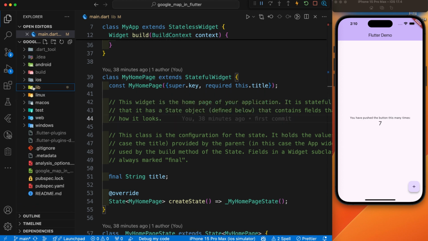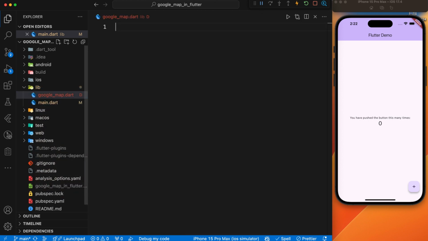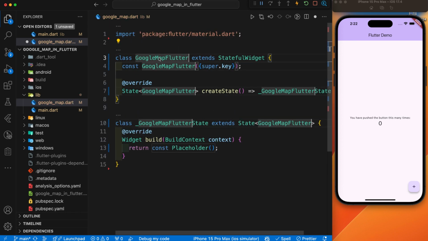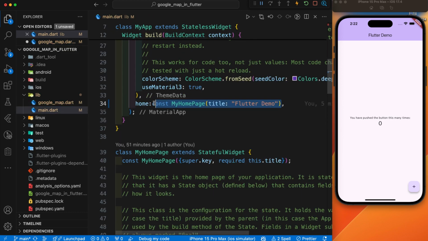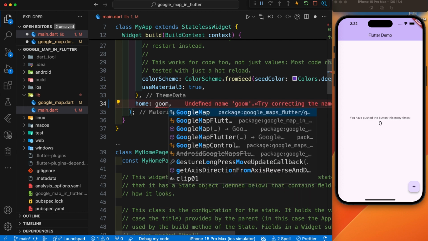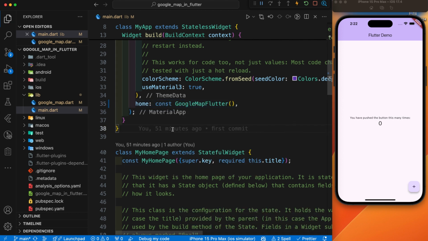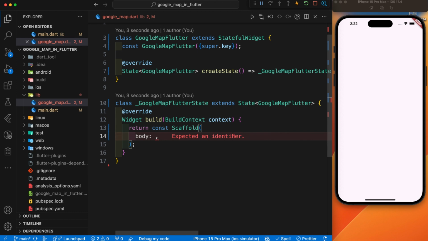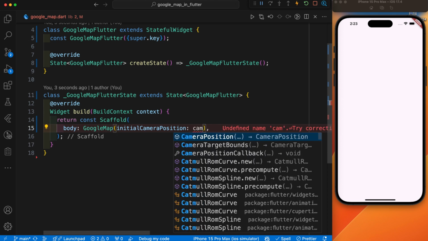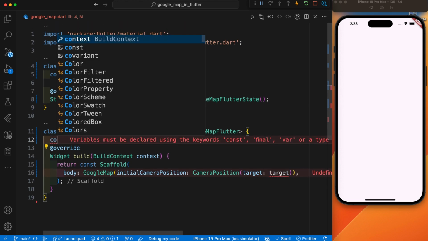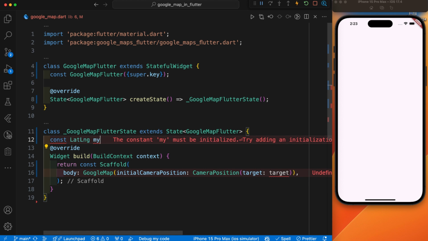After we have successfully completed the setup, I'll create a new Dart file and give it a name, and I'll define a stateful widget and give my class the name GoogleMapFlutter. I have replaced this placeholder with Scaffold. After that, in the home page, I'll define the GoogleMapFlutter. And in the body, we'll define the GoogleMap. We require the initial camera position. It takes a CameraPosition. Now let's define the target, latitude and longitude. I'll give the name myCurrentLocation